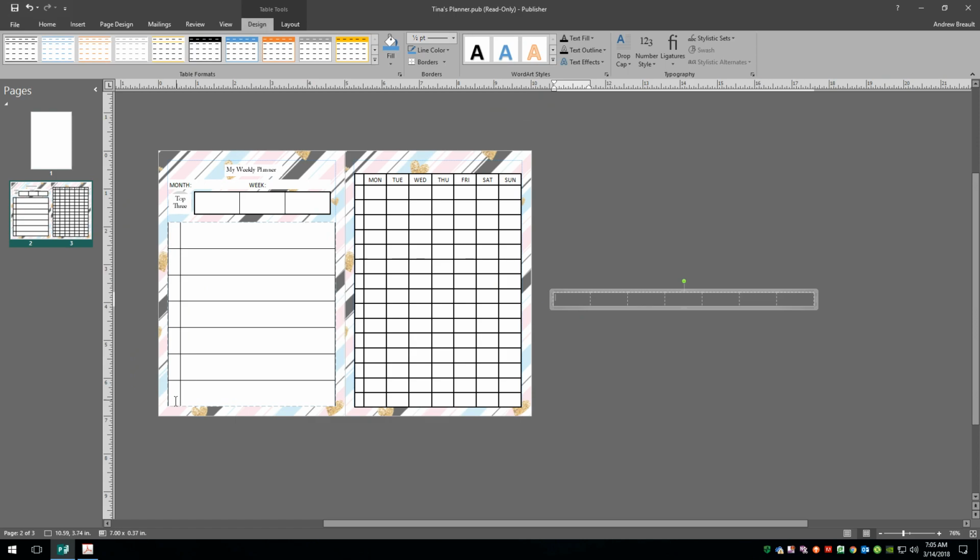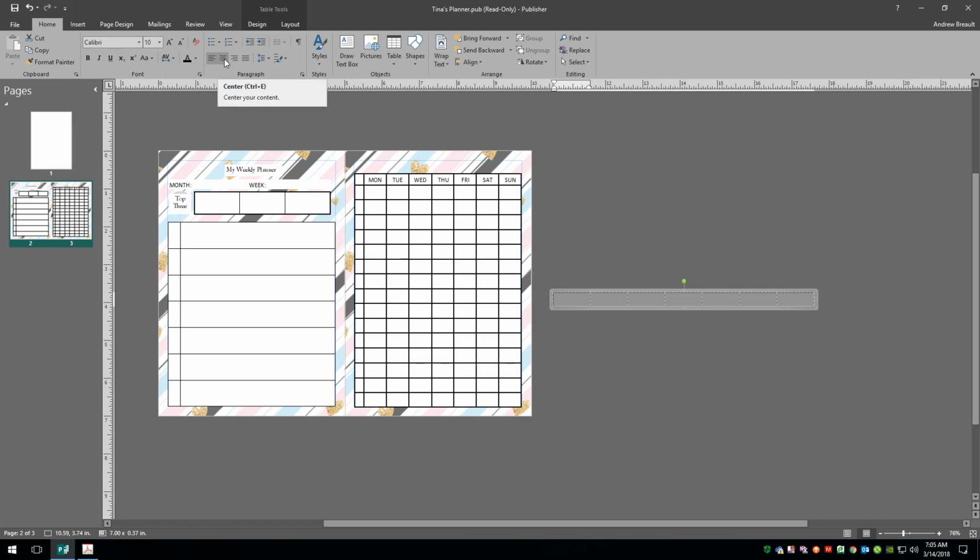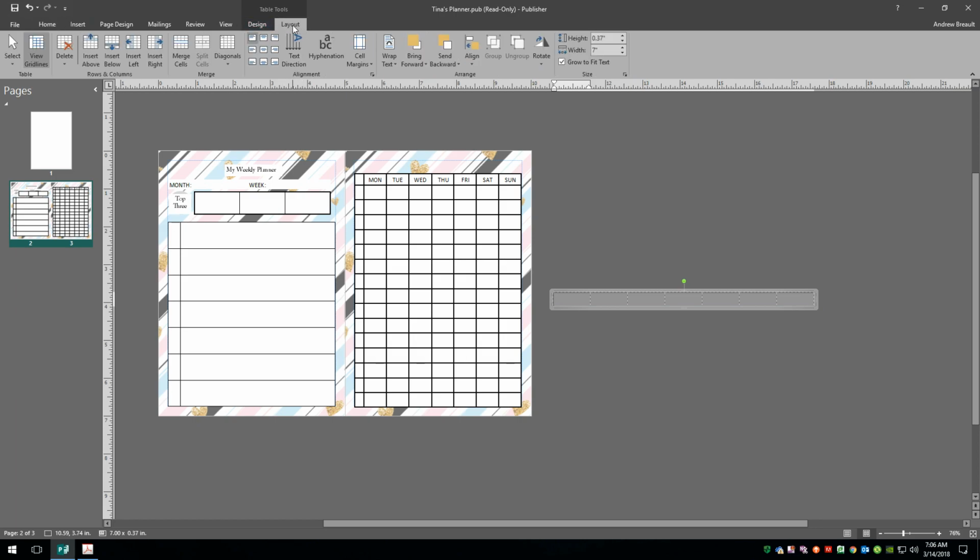So we know that down here at the bottom this is actually going to be Sunday, and up here we have Monday, Tuesday, Wednesday. So we kind of need to do this backwards. The first thing I would do is go ahead and highlight all the cells, and we're going to go over to the Home tab, and I want to center everything up. And actually I might do this from the layout and go here, so that it not only aligns everything in the center, but it also centers it top to bottom. And so this is pretty simple. All we need to do is do Monday, and see we're going backwards, Tuesday,